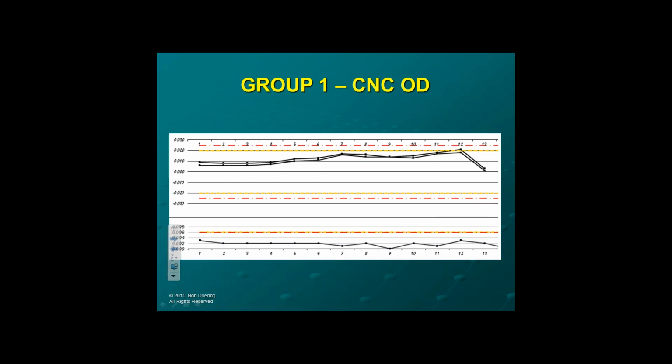However, if you take a look at the X-high-low R charting methodology, you'll see that it is in very good control. Your roundness is very tight, and all you're getting is a little bit of tool wear to the point where you have to make an adjustment. You make the adjustment, continue on. This is actually an excellently controlled process, and the control charting methodology, when used correctly, tells the operator that you're doing perfectly fine, and it also tells them when to make an adjustment.